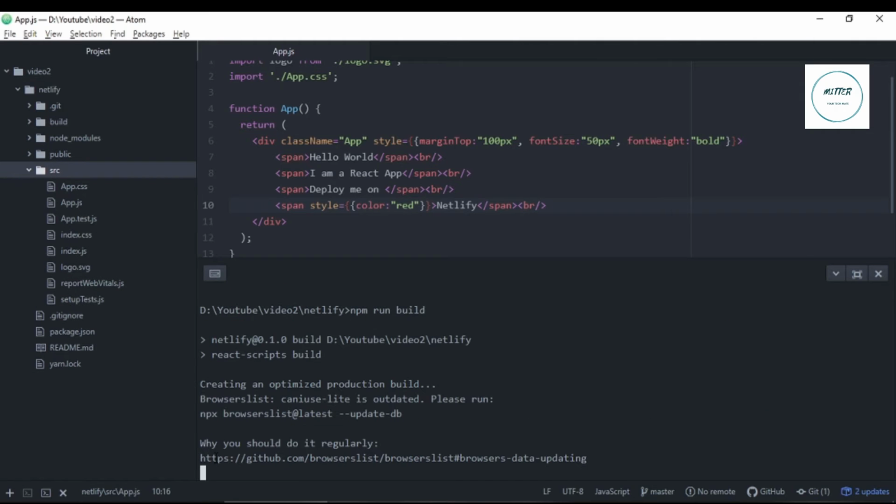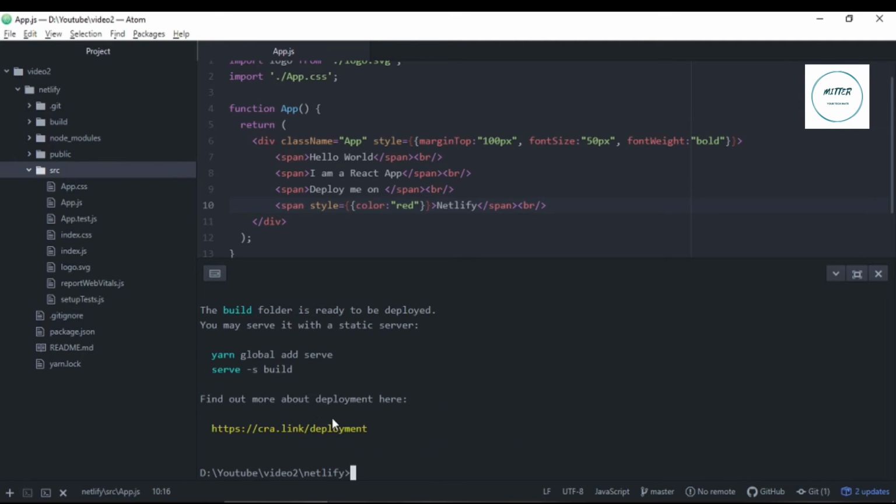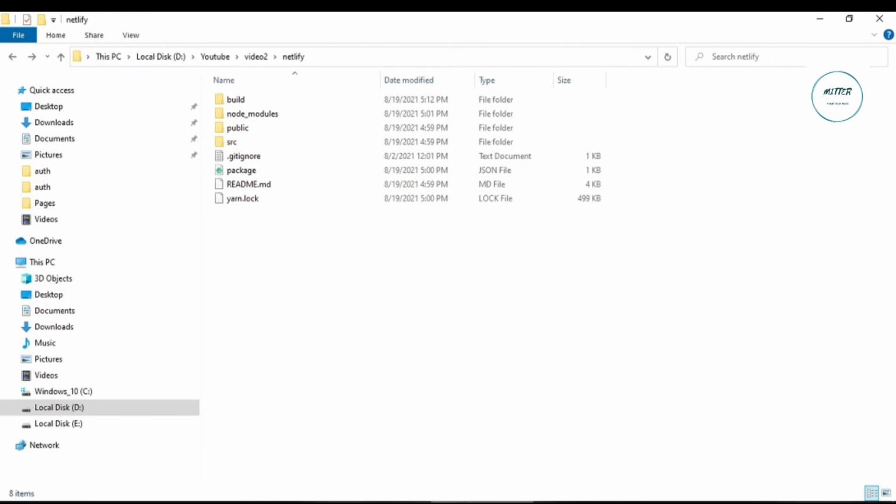As you can see, it's saying create an optimized production build, and this is what we need to deploy on Netlify. Once we have this optimized production build, we'll be able to use it to deploy this application. Okay, now the entire build has been completed. Now let's go to our folder Netlify. As you can see, there's an additional folder which has appeared now, called build. If we open this folder, this is how it looks. Our entire React application is contained in this build folder now, and we can just use this build folder to deploy it on Netlify.